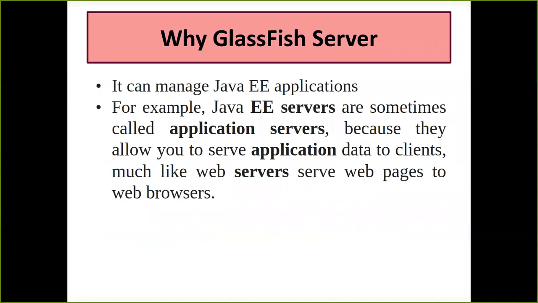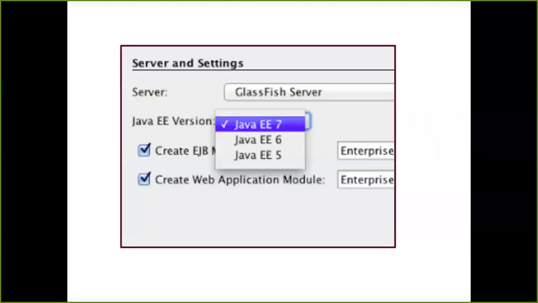So why do we need a Glassfish server? We had an example that, for example, I need an application server, an enterprise edition server, where I expect that it should allow me to serve application data to my client. Like if I have a web server which is going to serve the web pages using your browsers. So for that we need something called a server in this model. We are going to use Java EE7. We are going to use Glassfish server. For the initial practicals, like around the fifth to sixth practical, you can use Apache Tomcat. If possible, we can do that also. Let's have both the servers. You can interact with both, so you'll be comfortable using either of them.